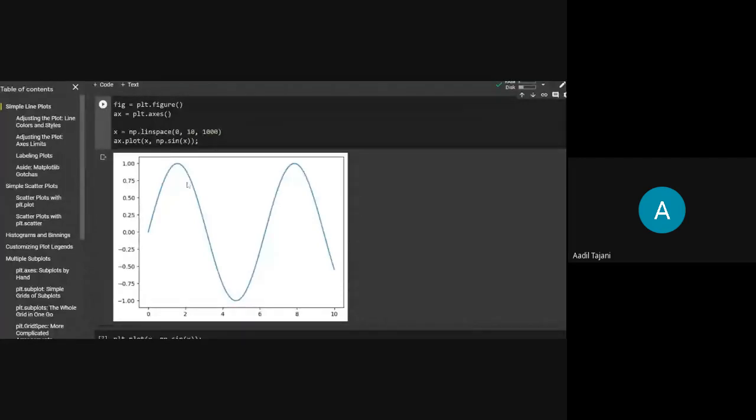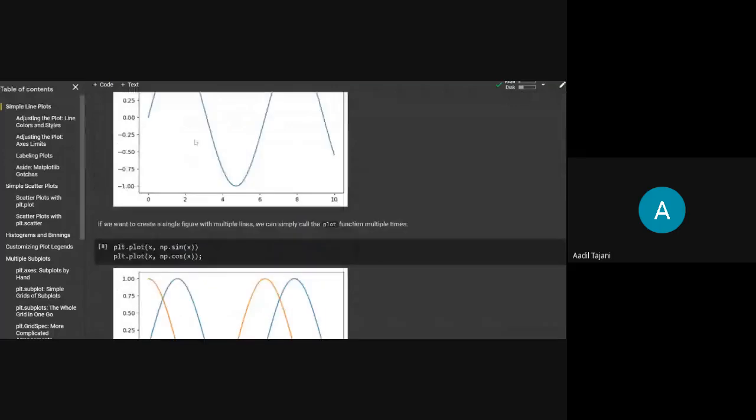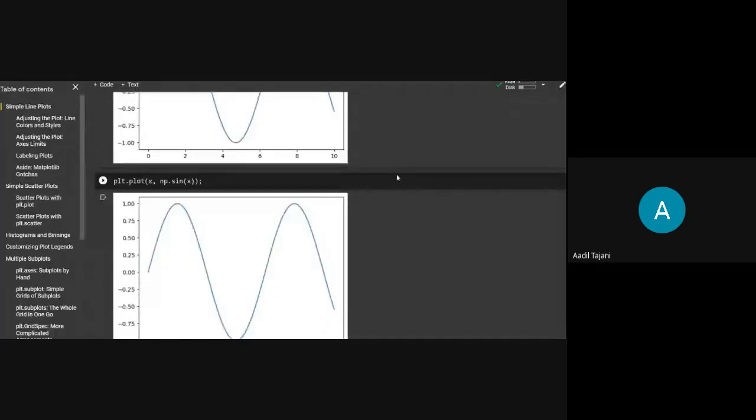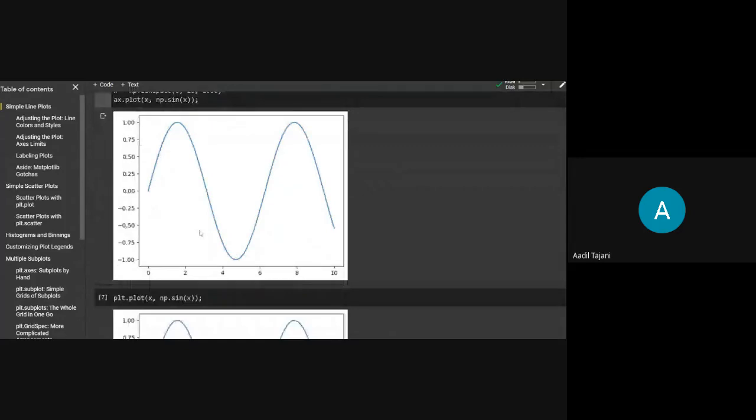You use the plot function on the axis that you have defined. Just now we saw that we used axes to plot. Generally, if you are doing multiple plots and you want to make some edits to that plot, you want to make it fancy, you have to store that plot in a variable, which we did earlier here in figure and ax.